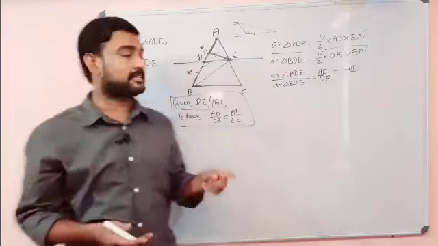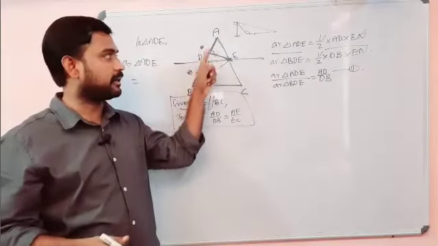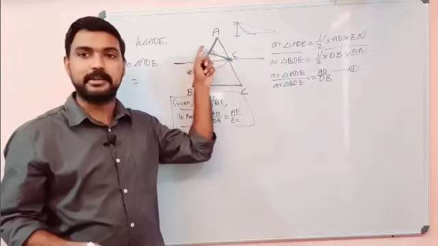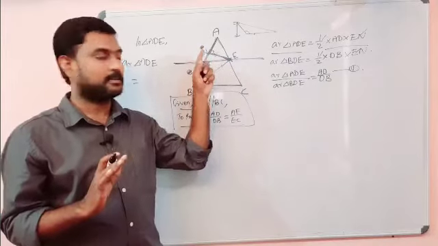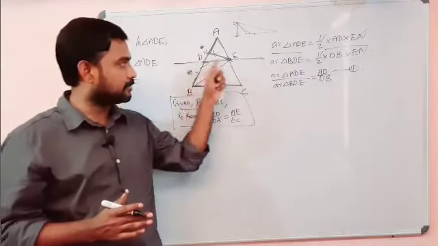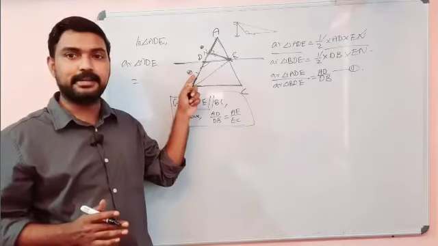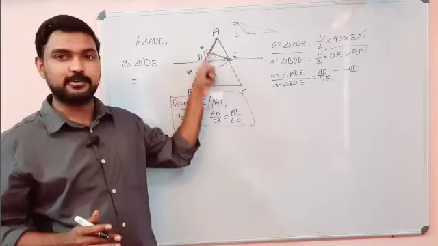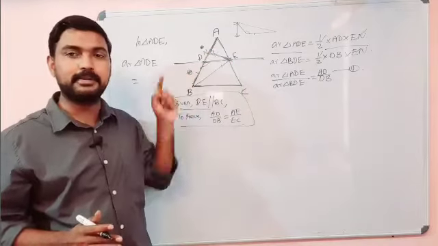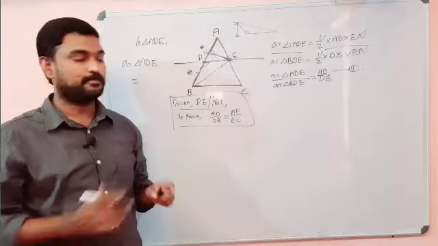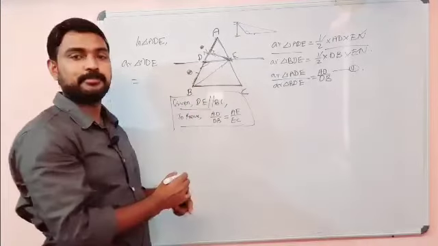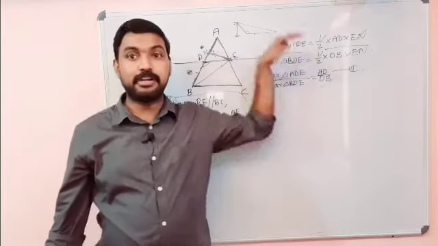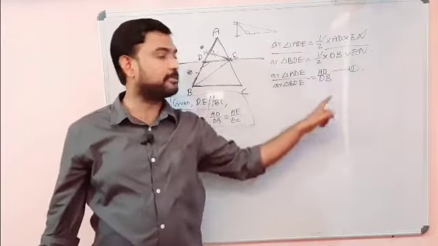Very simple. Just come and stand here, find a triangle and find its area. To find its area, we drew a height that you can mark as EN. Nothing more. So we considered another triangle BDE. We were standing at this BD and its opposite point is E. From E, the height will be outside. So the same EN is the height of this triangle BDE also. So we got its area, half into DB into EN. Same height. Now we divided these two values. We got AD by DB.